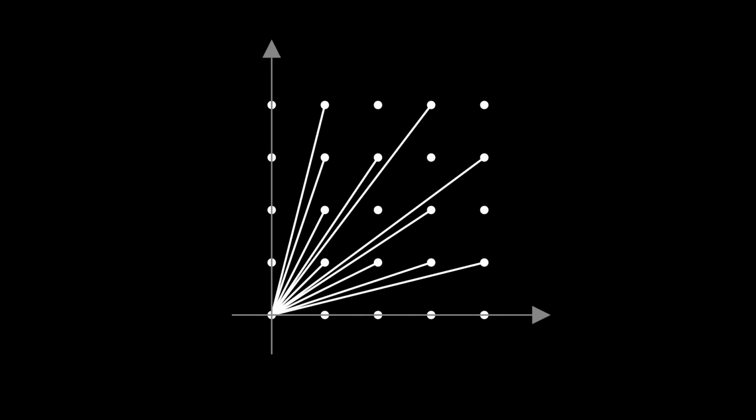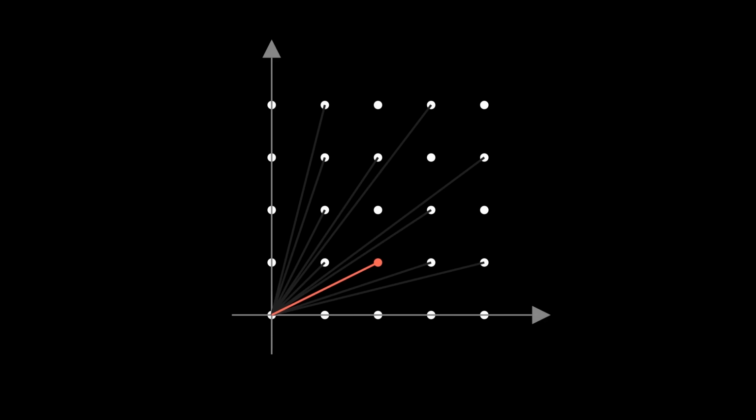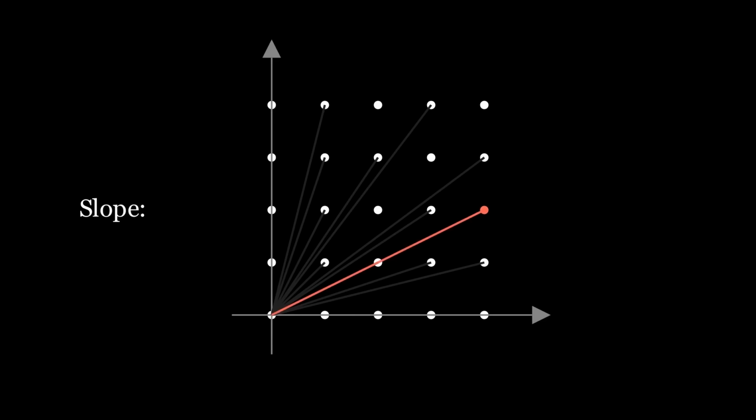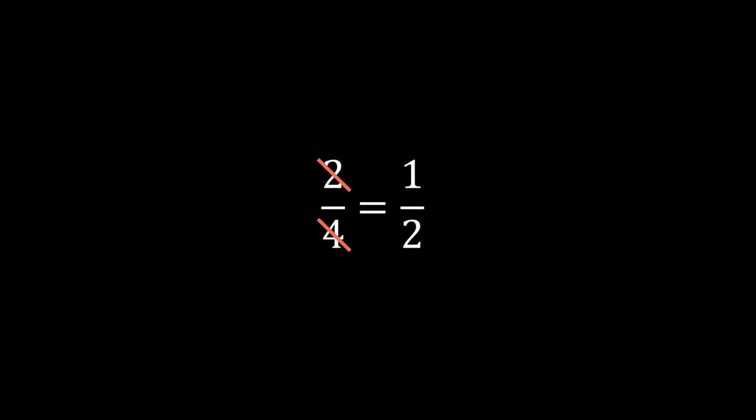Now, the position of each dot directly relates to the slope of the line. This line has slope 1 over 2, so the position of the dot is 2, 1. This line has slope 3, which is just 3 over 1, so the position of the dot is 1, 3. Now let's look at dots that didn't get connected to a line. Why did the dot 4, 2 not get a line? It's because that line just has the same slope as this line. 2 divided by 4 is just 1 divided by 2. That dot didn't get a line because we could reduce the fraction.